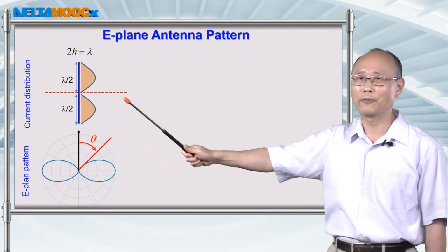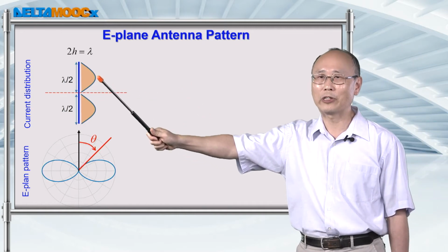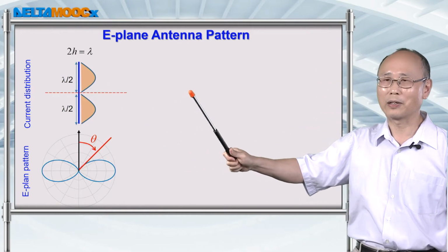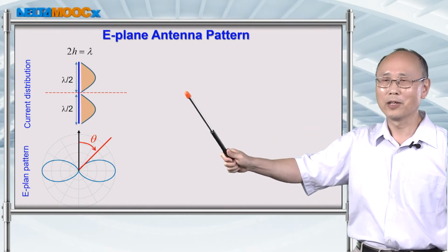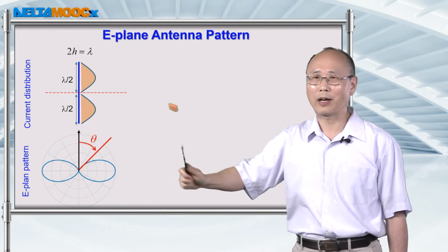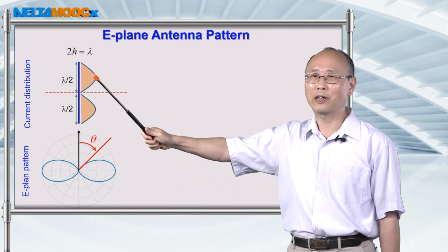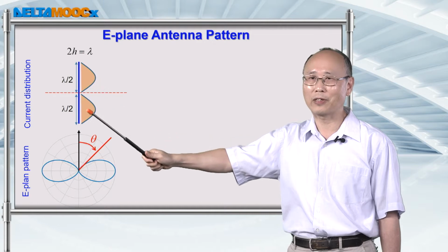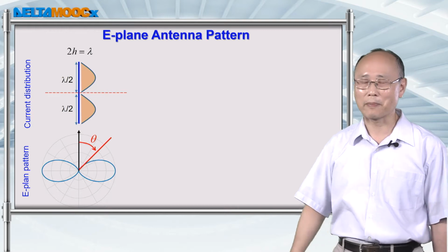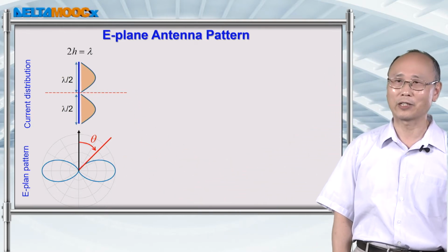So basically, if you look into the far field and then sum over the radiation field from these 2 small antennas, the path will be the same. So this means that there's no phase difference between these 2 fields from these 2 antennas. But at the same time, the current phase driving these 2 antennas are also the same. Therefore, you have constructive interference along theta equal to 90-degree direction.